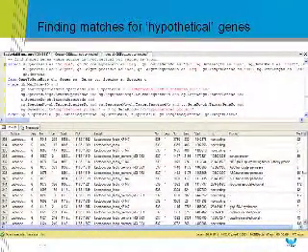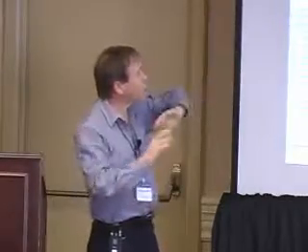So one possible query would be, what are the hypotheticals? I've got a hypothetical gene here. I know that 25mers can be highly conserved. Perhaps I can use that to find a clue about what a hypothetical gene is. So I've got a strain of Lactococcus lactis, the cheese-making bacteria, and I'm saying go and look at all other bacteria and see if you can find places where a gene is hypothetical in Lactococcus lactis Cremoris SK11, but has an annotation in something else.